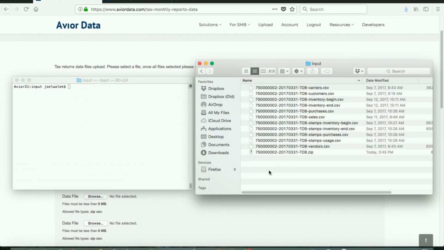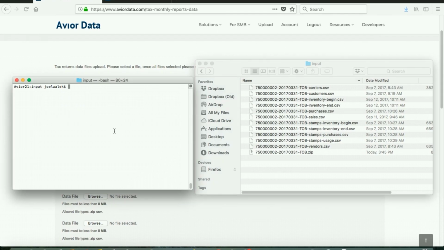So if we go back to our input files, I'm going to show this on a Mac first, because that's what I'm using right now, and then I'll show a similar way to do it on Windows as well. So on Mac, I'm going to SFTP into the, again, provided credentials. And once you're connected, if you put in the command, you're going to see drop off and pick up folders. These are for you to drop off your files and pick up the completed calculation. So we're going to go into drop off,